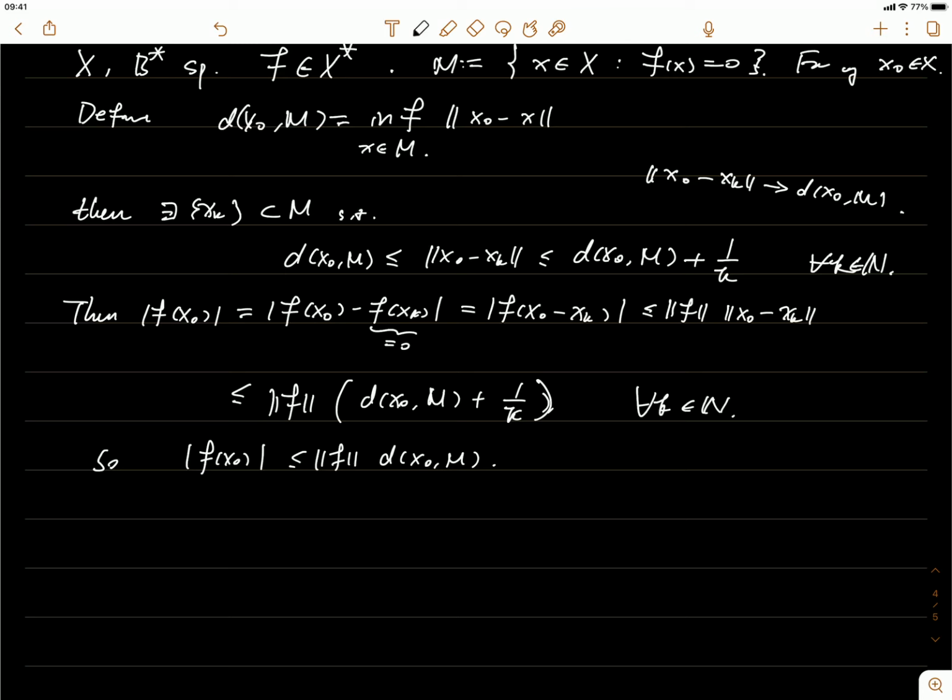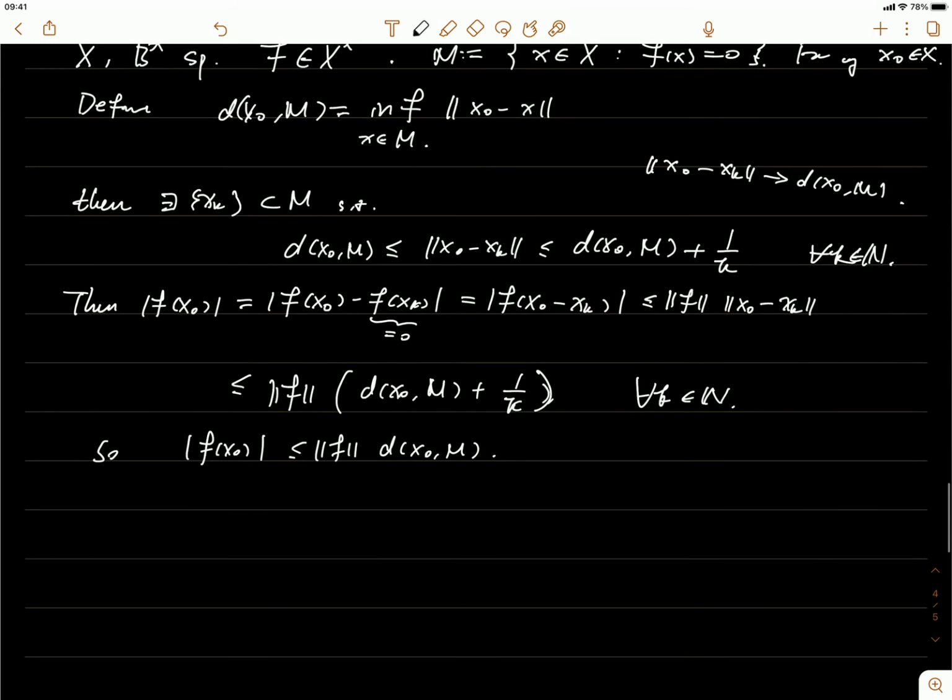So the question right now is, suppose that we just have a linear subspace M. This M is not necessarily the null space of something, it's just some linear subspace of X. Can we do the reverse? Can we find some linear functional f such that f takes the value 0 over the whole linear subspace M,